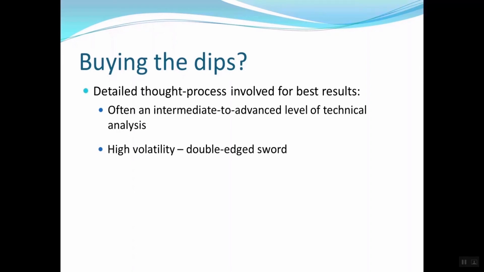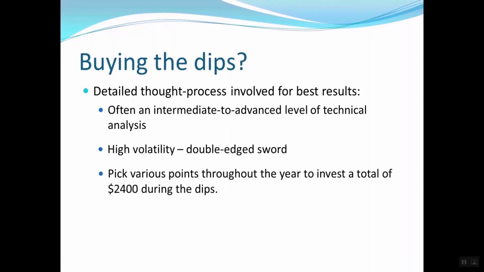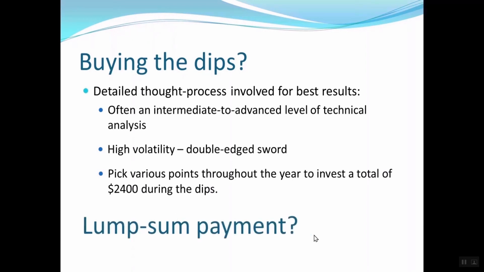This ties in with the above mentioned point about having a moderate to advanced understanding of the market, because at that point you're generally best equipped to deal with this insane volatility in just 1 day or even less than that. Buying in the dips will be more complicated than dollar cost averaging. The alternate scenario as well is lump sum payment. You throw the $2,400 in all at once. In an ideal world, when the price tanks, you hold it, you sell at a profit, you'll be very happy.